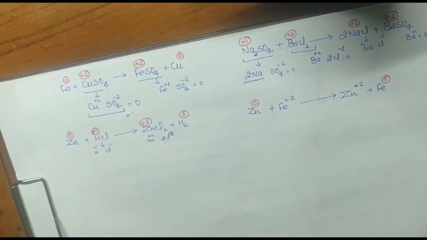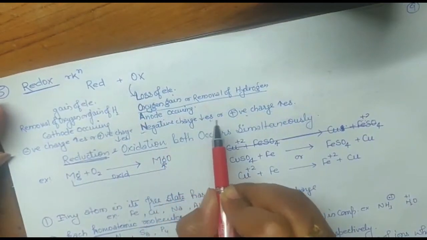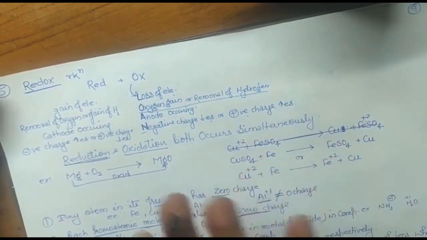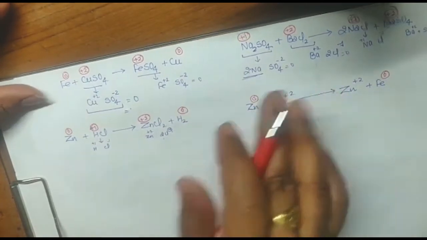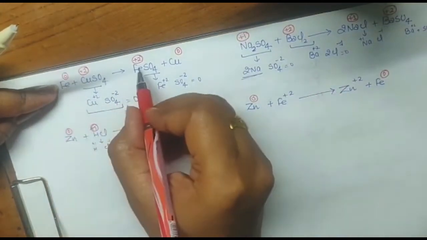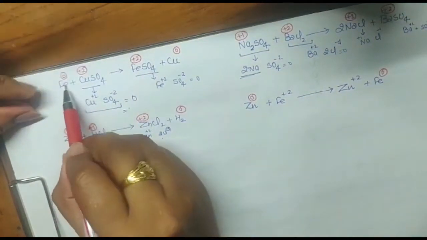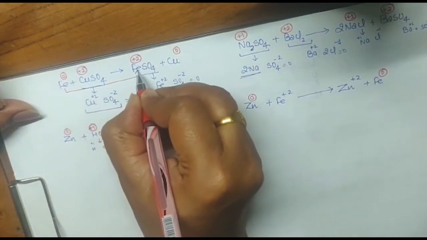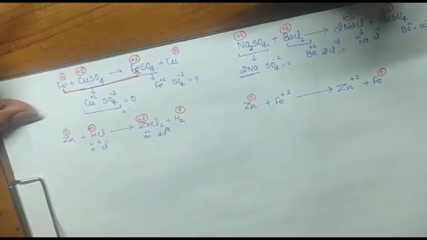Now I have told you that we have to check for the oxidation. Check, negative charge should decrease and positive charge should increase. Out of this, either positive charge should increase or negative charge should decrease. Got it? So if the positive charge is increasing, you can see here Fe is 0 and here Fe is +2. So what is happening here? The charge is increasing, Fe 0 to Fe +2. What is happening? Charge is increasing. So we'll mark it like this. Got it? FeSO4. What is happening here?